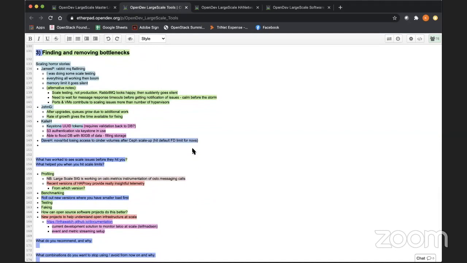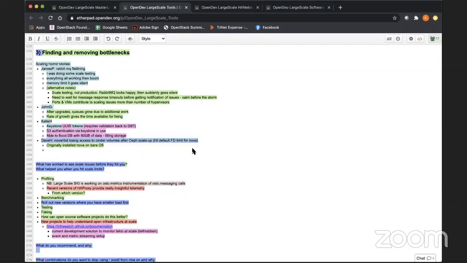So this is actually two stories in one, but it's the same story. Originally we had the Nova services deployed on the bare OS a long time ago now. And the default OS limit for file handles was 1024. Then we scaled up the Ceph cluster underneath it, and anything that had a large number of volumes attached, and some of our users' workflows at that point relied on attaching and detaching a whole bunch of volumes, they suddenly couldn't talk to more than, I think, 9 volumes, because it needed that many TCP connections to different OSDs in Ceph. So yeah, we fixed that one.